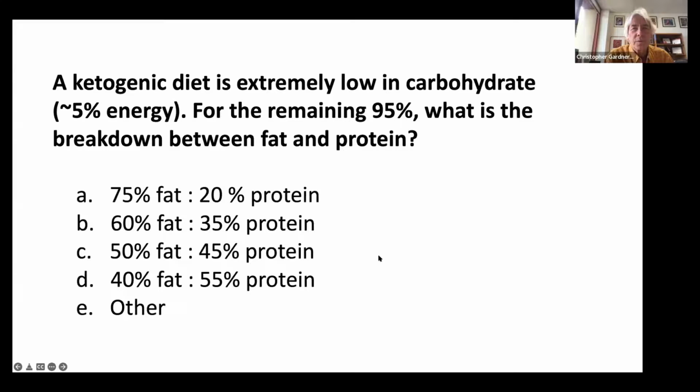What do you guys think? You're a little slower on this one. This one's a harder question. And I don't know how popular the ketogenic diet is in Europe, but I'm seeing quite a few answers. So it looks like we're getting quite a few people to respond. So I'm going to end the poll and share the results. And I'm getting a lot of people to 75% fat, 20% protein, 60% fat, 35% protein. Good, good, good. Okay, it is...